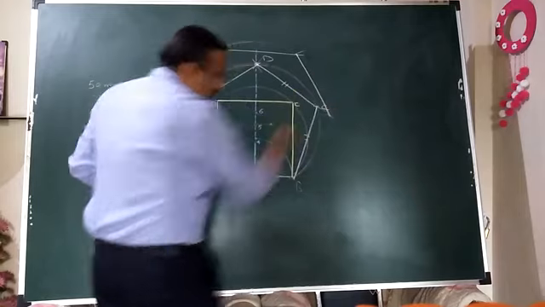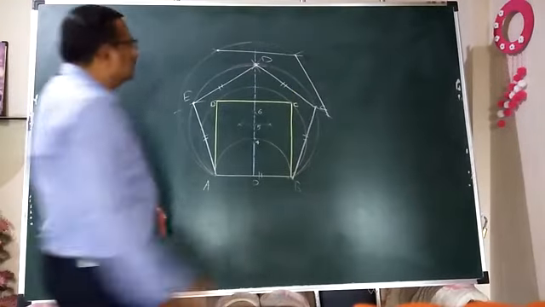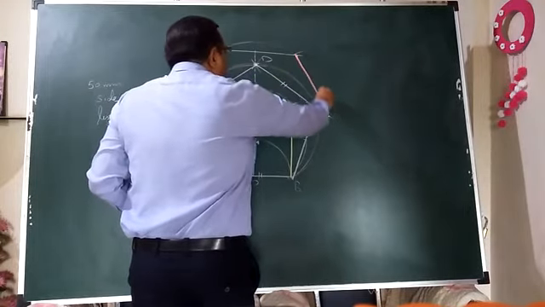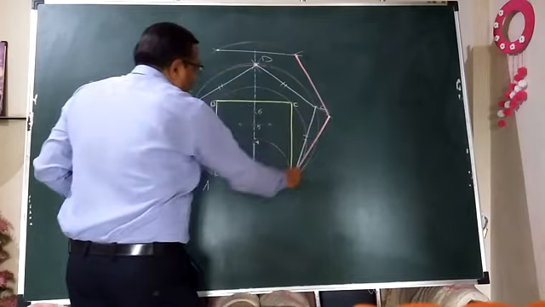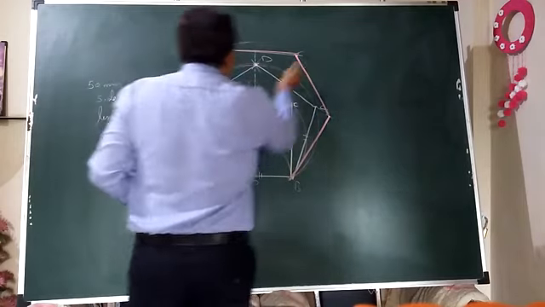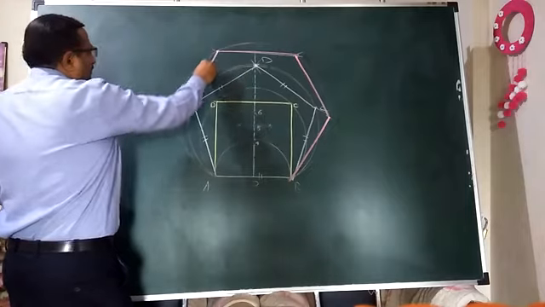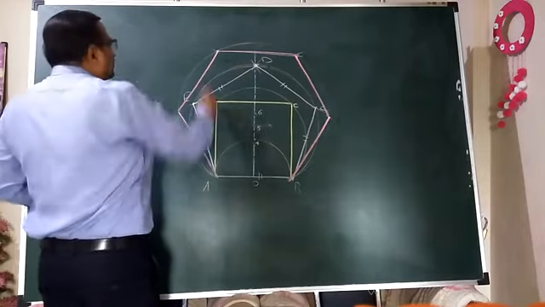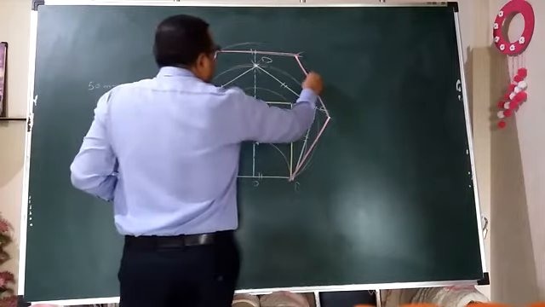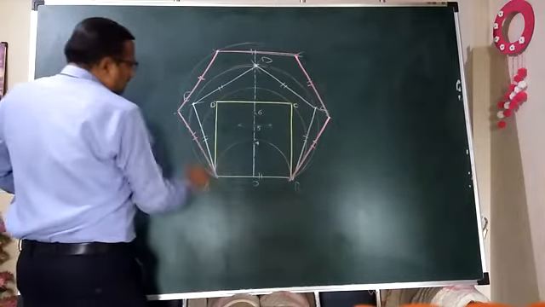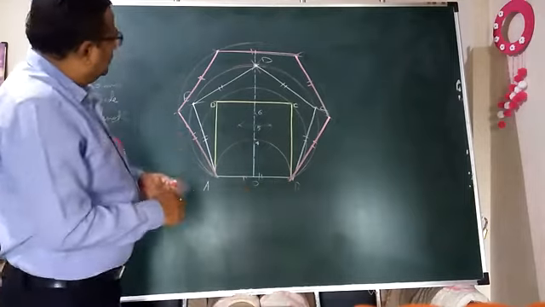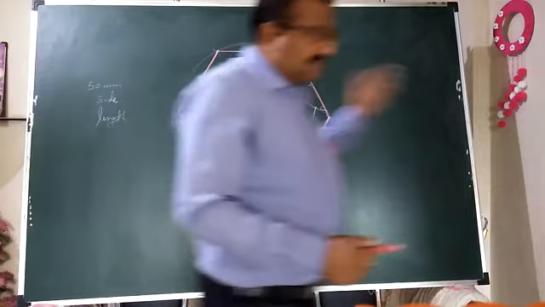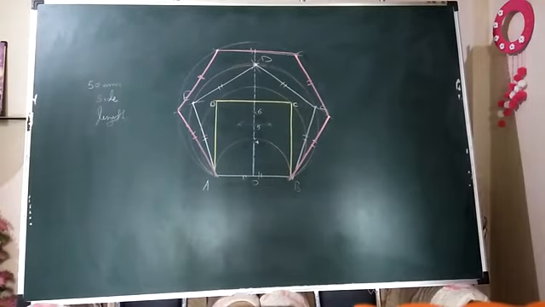We can see. I will change the color of the sides of this polygon, which is nothing but a 6 equal sided figure, called a hexagon. Naturally, all the 6 sides are of the same length, so these figures are square, regular pentagon, regular hexagon. We have got them. This is nothing but the significance of putting the names as 4, 5, and 6.